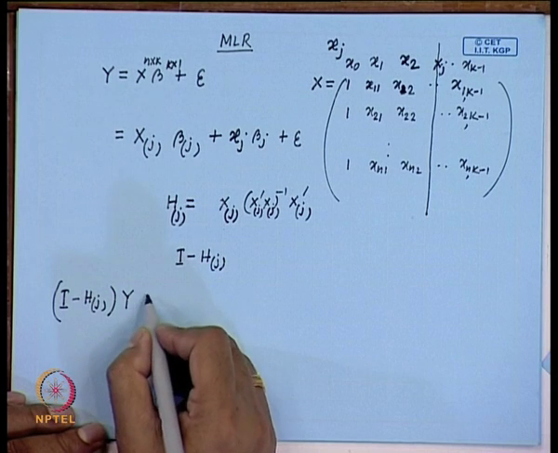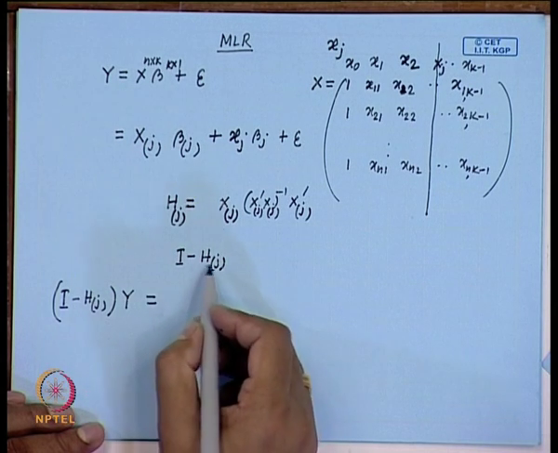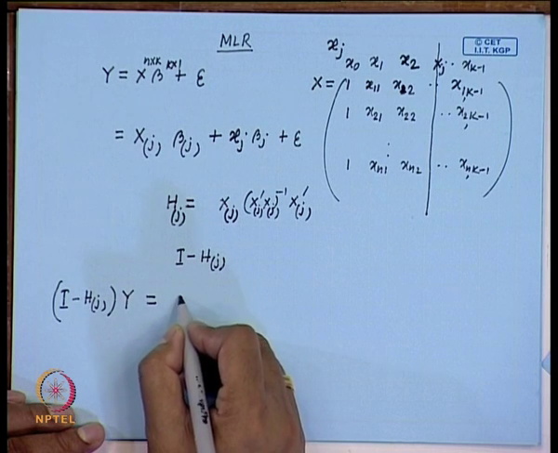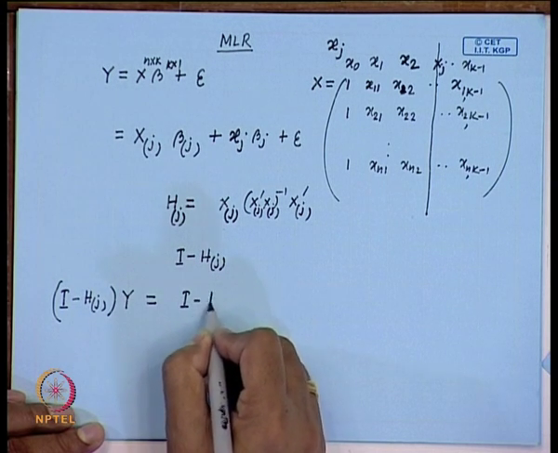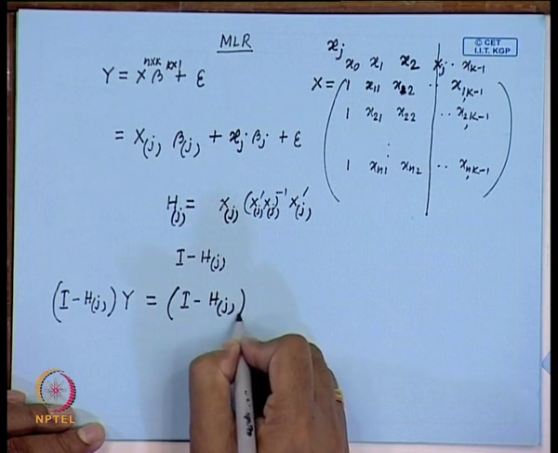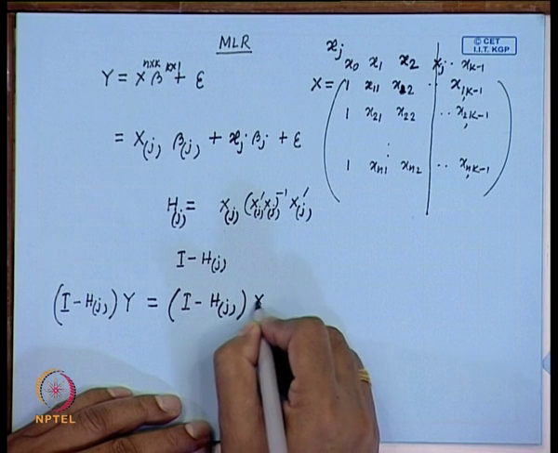Yeah, so I have multiplied this matrix on the left hand side. So, again I minus H_j times x_j